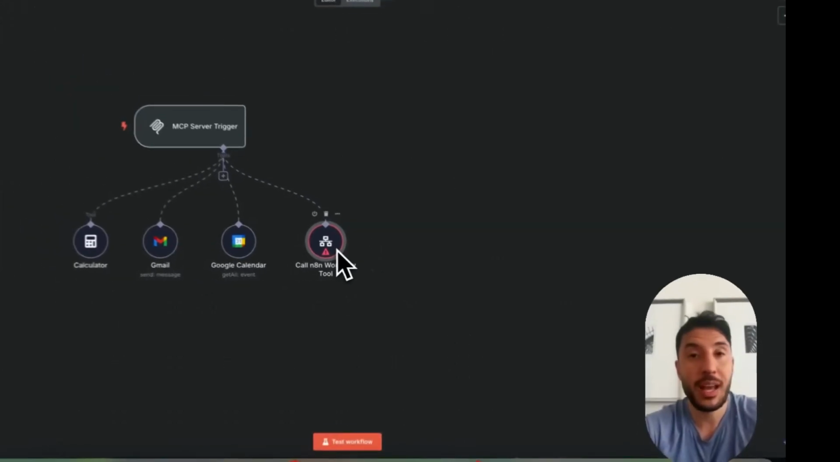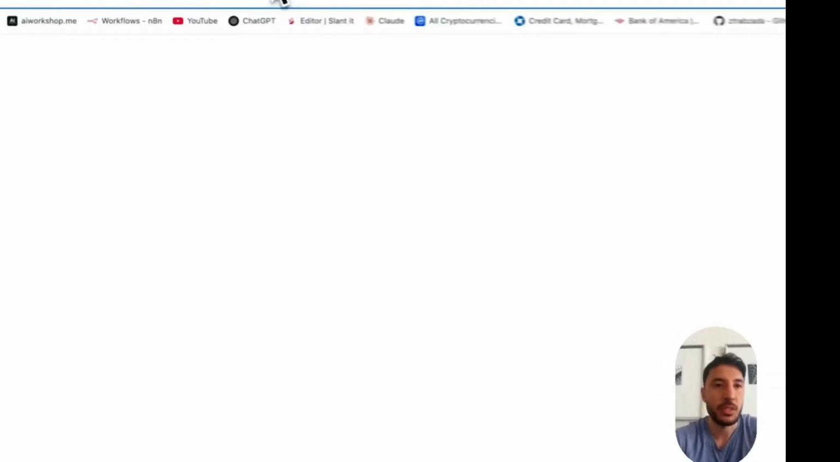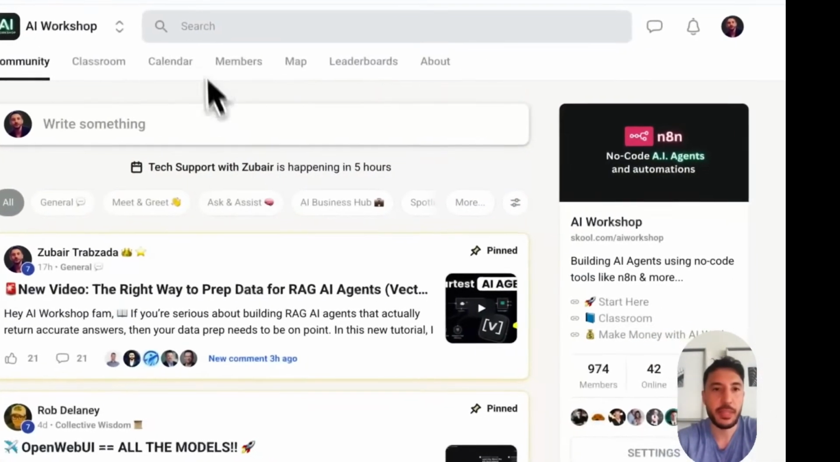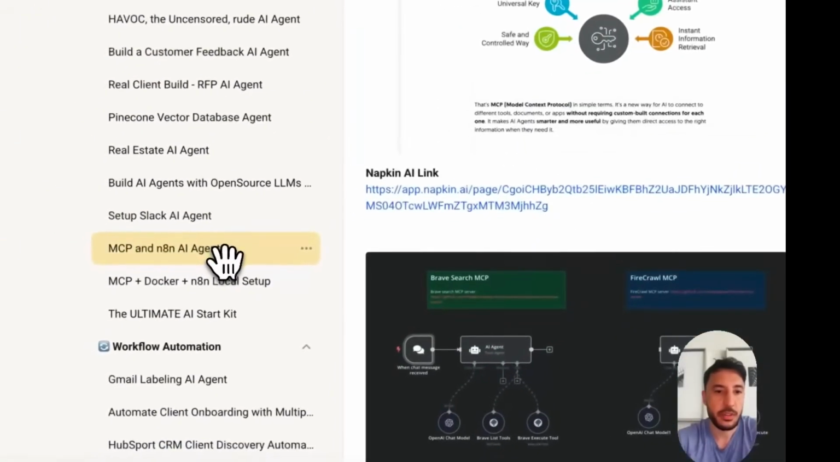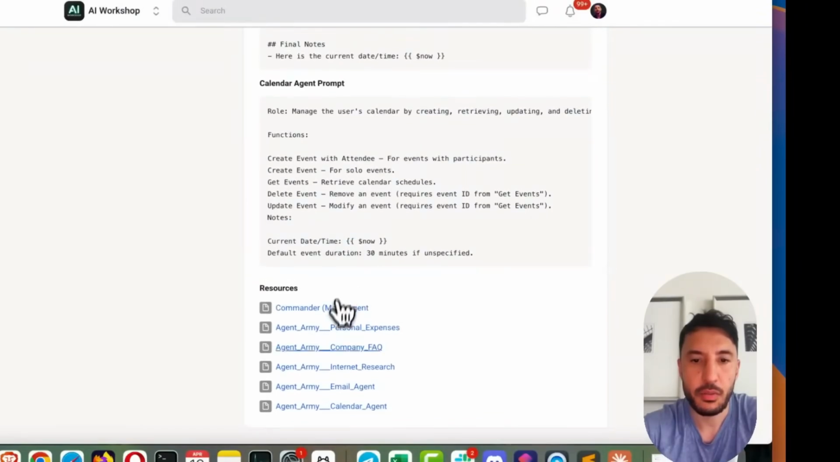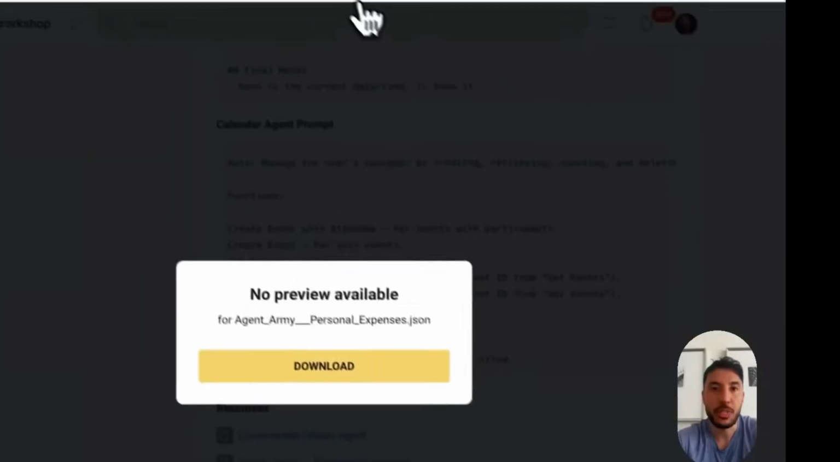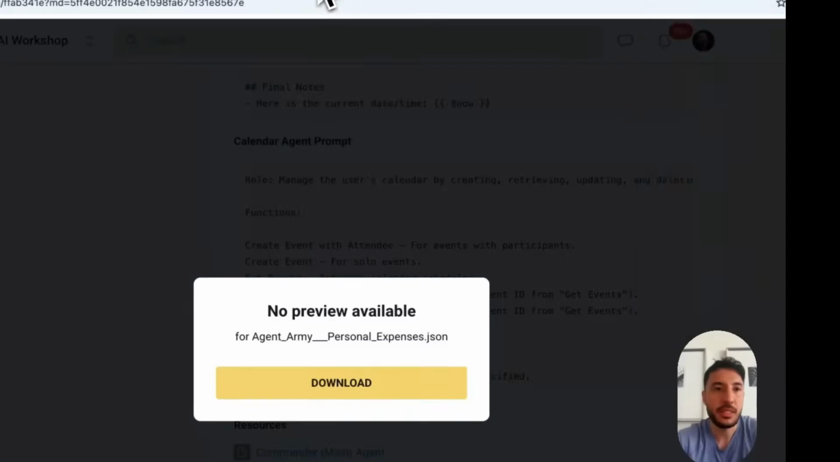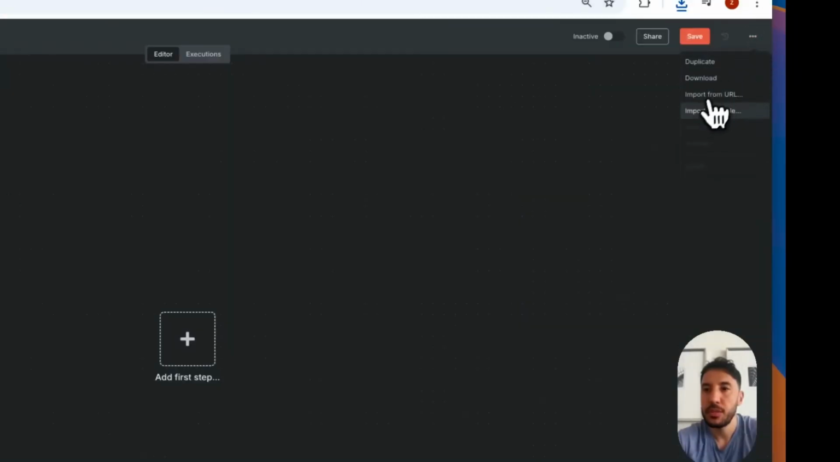So for this particular one, I'm going to use my personal expenses workflow that I created for one of my previous videos. So I'm just going to go back to my community and grab that, go to Classroom. It was part of the AI agent army that I did. It was right here. So if I download personal expenses agent army, I'm going to download this so that way you can see exactly what this is. And if I go to my workflow here, import this from file,